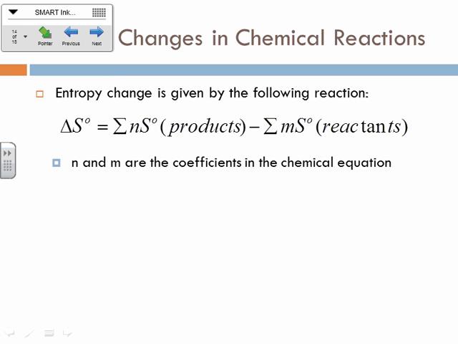Okay, so here's the equation for entropy. Delta S equals the sum of S of the products minus the sum of S of the reactants. And the N and the M, do you guys remember what those stand for? Because this is very similar to the equation that we had for delta H. They stand for the coefficients in the equation, okay? Oh, yeah, it does say that. I should look at my notes before I ask a dozen questions. So N and M are the coefficients in the chemical equation, all right? Hang on just 1 second here.